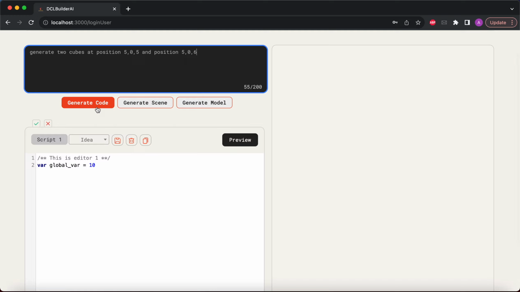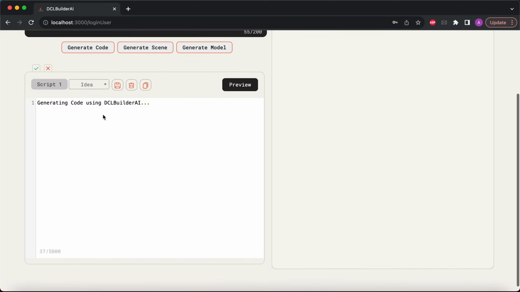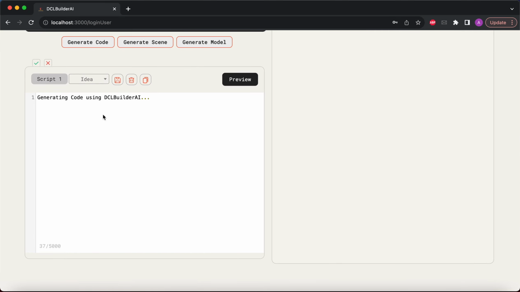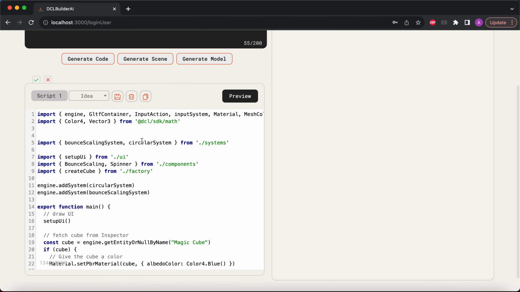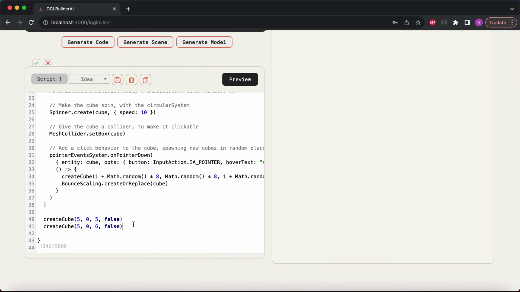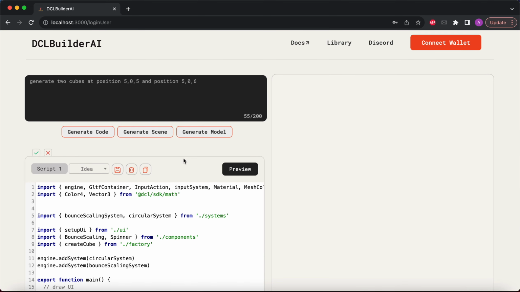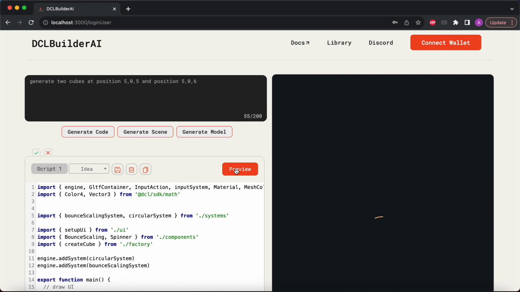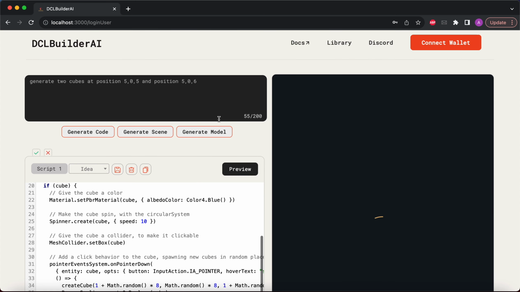So first I'll start off with generating the code. So it will run a query to the DCLBuilderAI, which will return the code for this text request. So as you can see here, they are generating the two cubes. Now I can click on preview, which will load the SDK7 scene template, and this will try to basically run this code. So let's see,